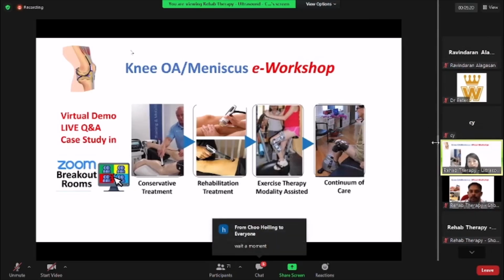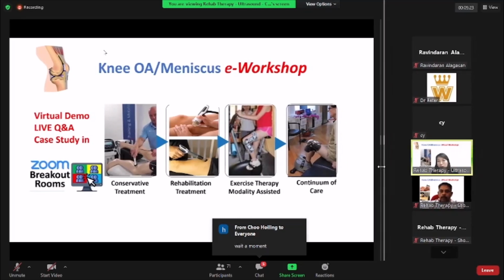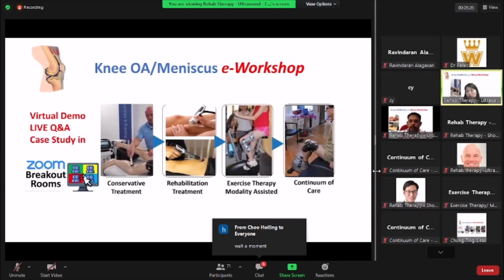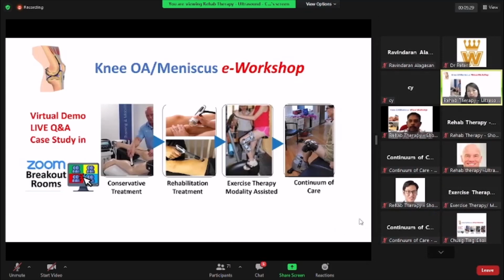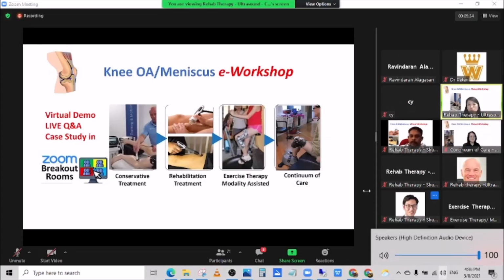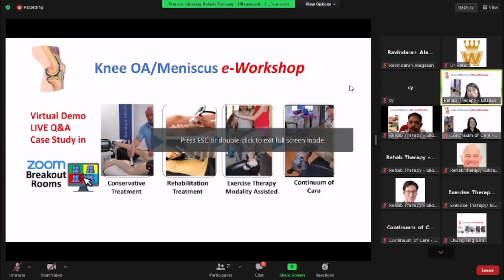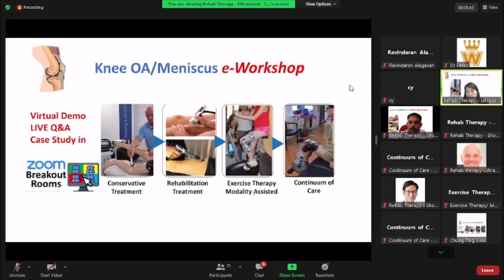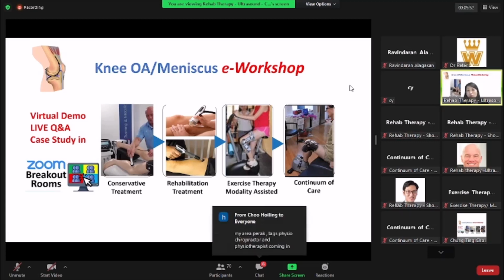So today we are very glad to host an e-workshop with the Zoom breakout room platform with TACS and Welcome Malaysia. Just in case you have not tried the Zoom breakout room before, today's e-workshop will have 4 breakout room stations. I see that now we have 70 participants. After the introduction, I'll do a very simple introduction. All the participants will be automatically assigned to one of the 4 breakout rooms.